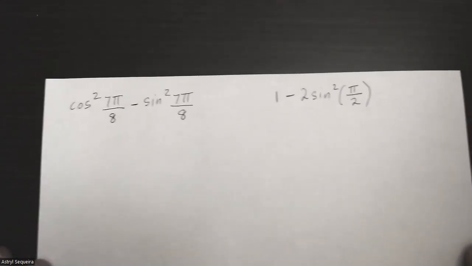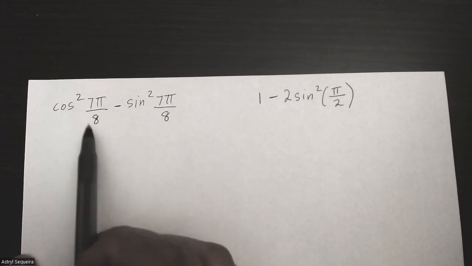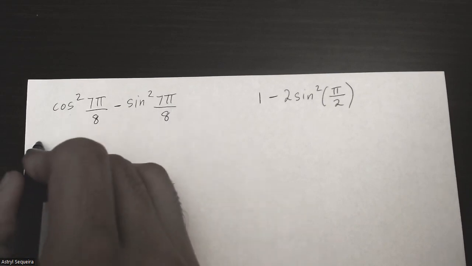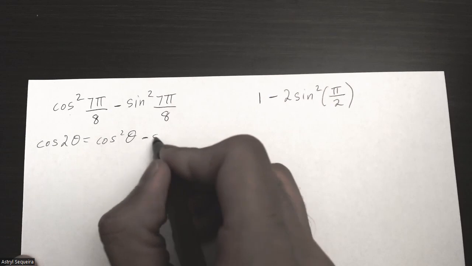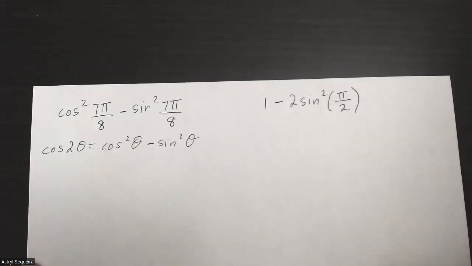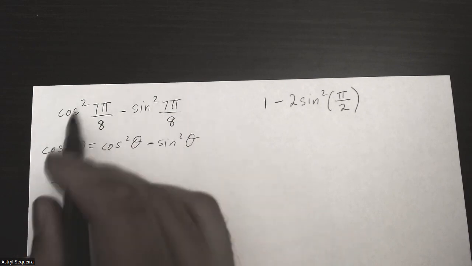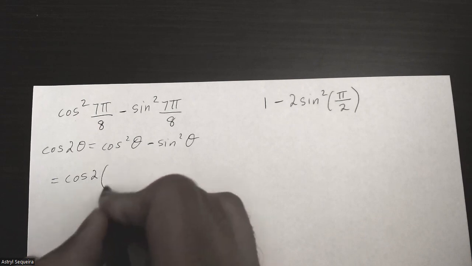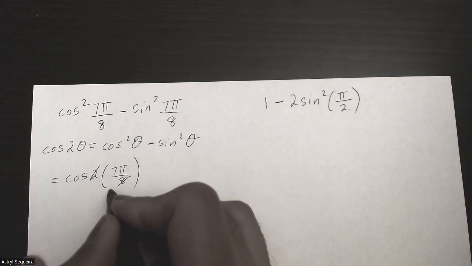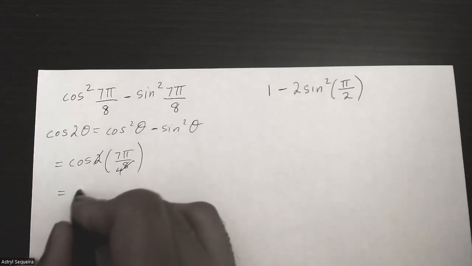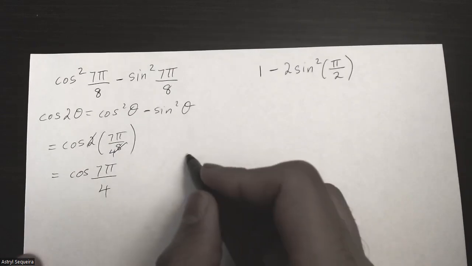And let's take a look at the third and fourth questions here, which are pretty similar to the ones we did. So here we have cos squared 7 pi over 8 minus sine squared 7 pi over 8. We can use the equation cos 2 theta equals cos squared theta minus sine squared theta. Theta is just 7 pi over 8 in this question. So this whole expression is going to equal cos of 2 times 7 pi over 8. The 2 and the 8 can simplify to give me 1 over 4. This is just cos of 7 pi over 4. And I'll use my